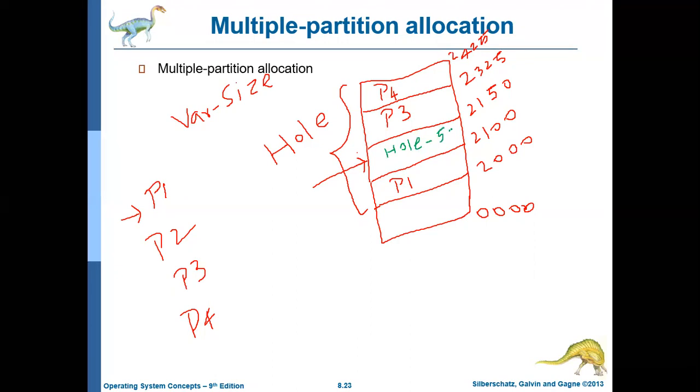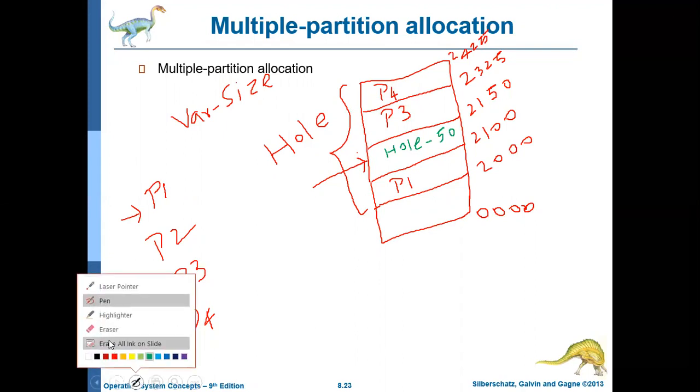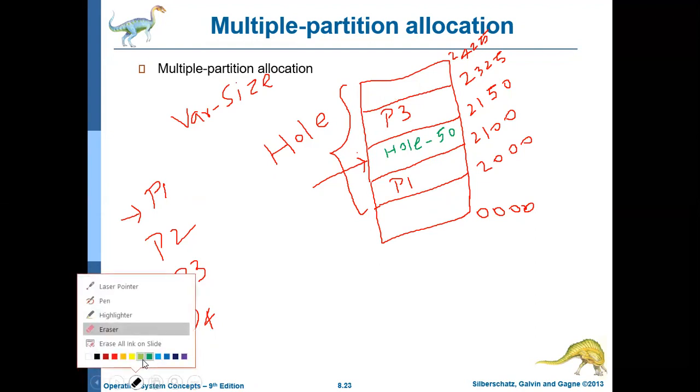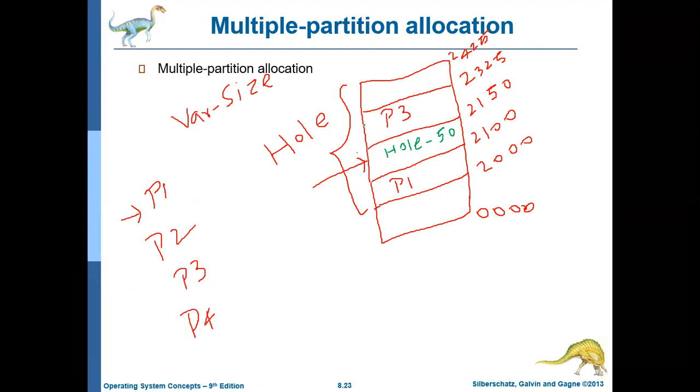Say after some time P4 also completes. P4 occupied 100 MB, so now there is another hole, and the size of this hole is 100 MB.